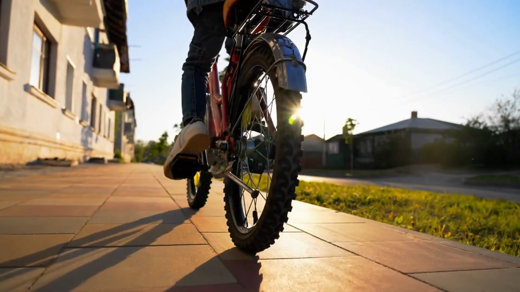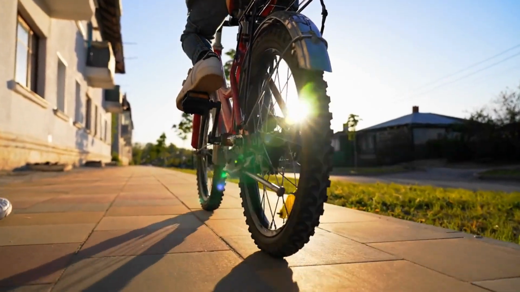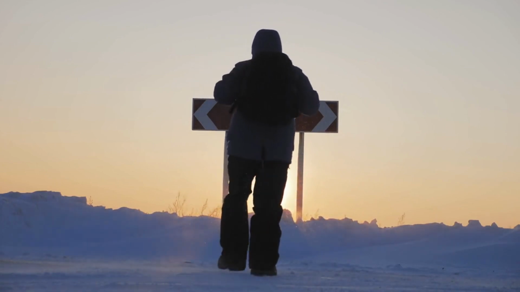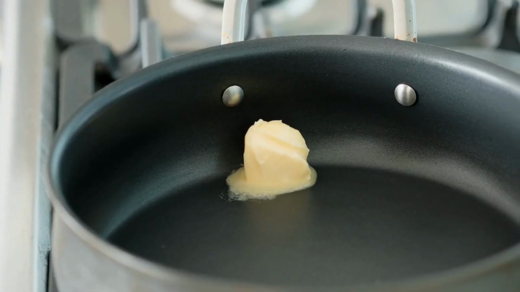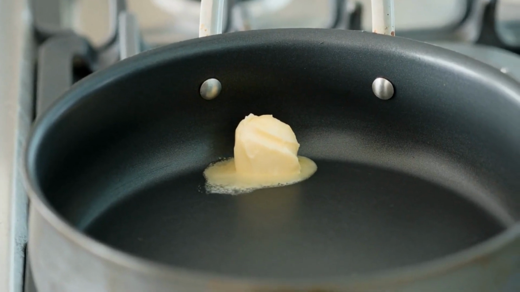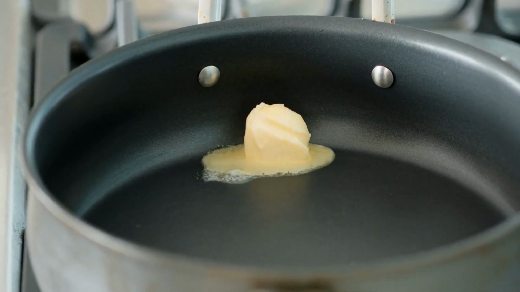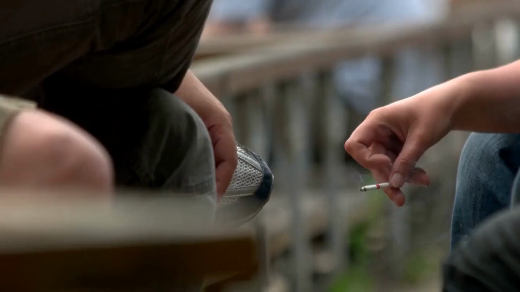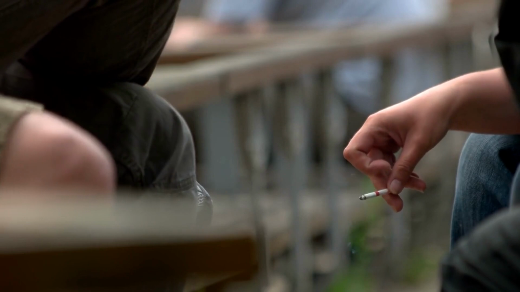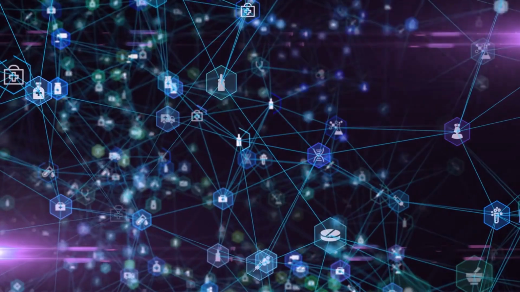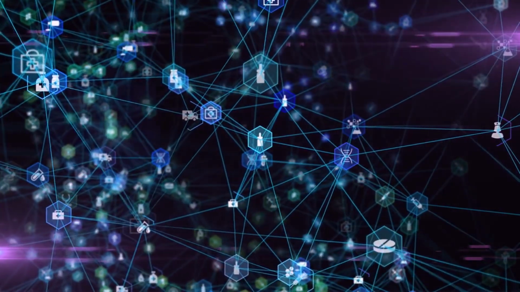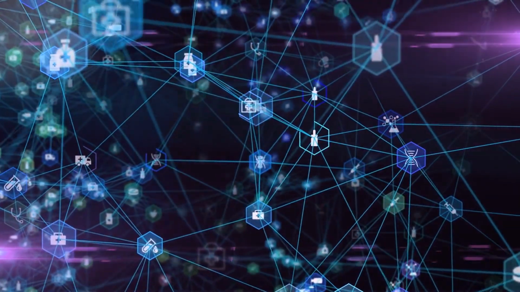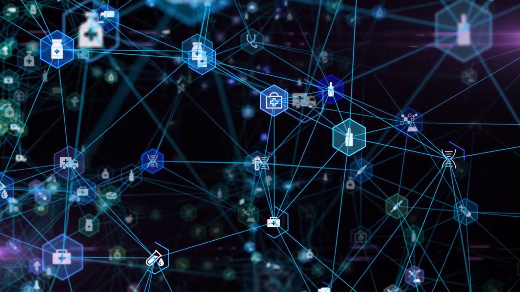Can lifestyle changes help prevent ischemic heart disease? Yes, making lifestyle changes can be an effective way to prevent ischemic heart disease. Eating a healthy diet that is low in saturated and trans fats, maintaining a healthy weight, and getting regular exercise can help reduce the risk of developing the condition. It is also important to avoid smoking and limit alcohol consumption. By making these changes, you can help improve your overall cardiovascular health and reduce the risk of developing other chronic conditions, such as high blood pressure and diabetes.